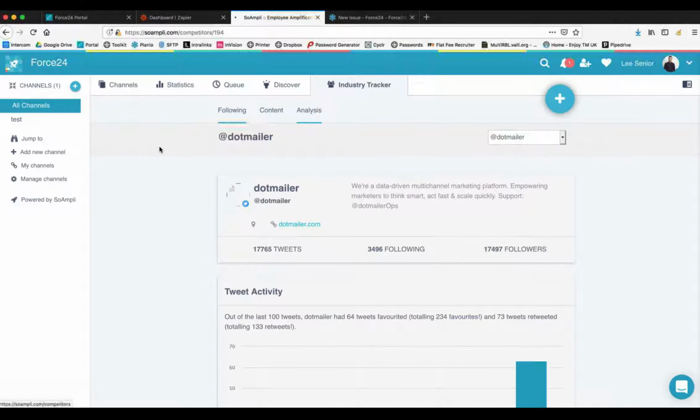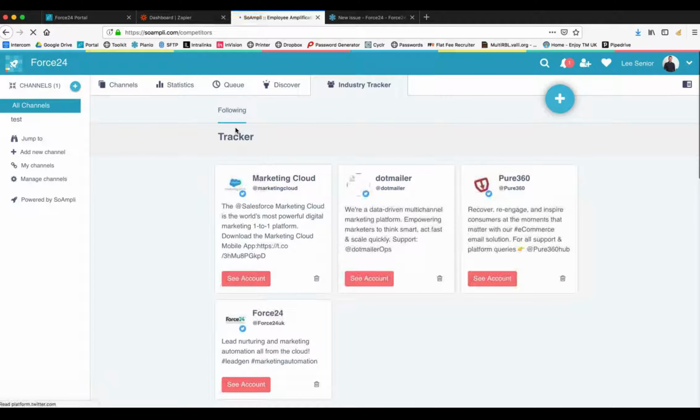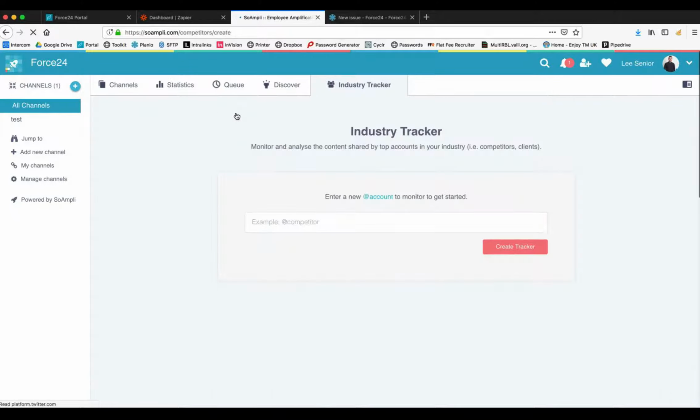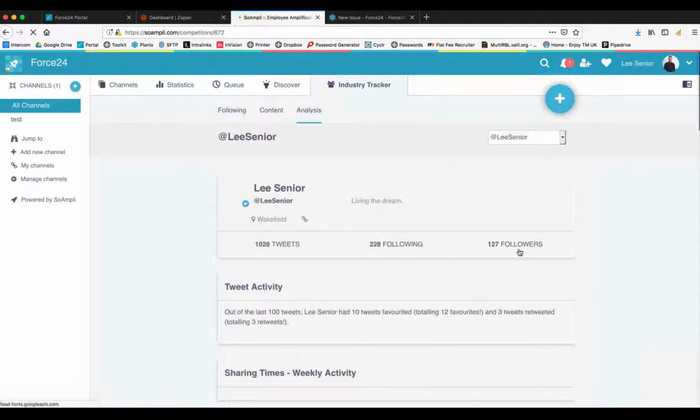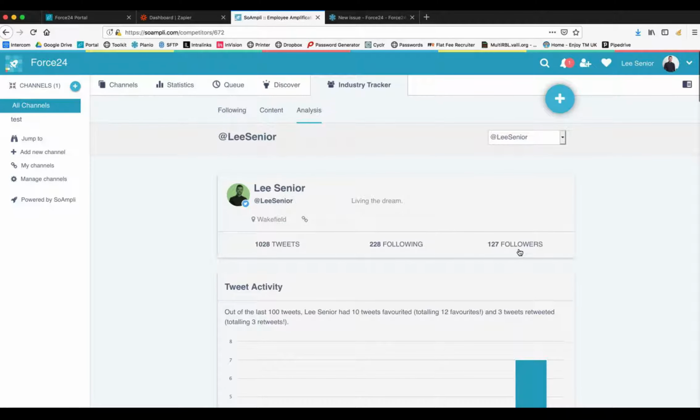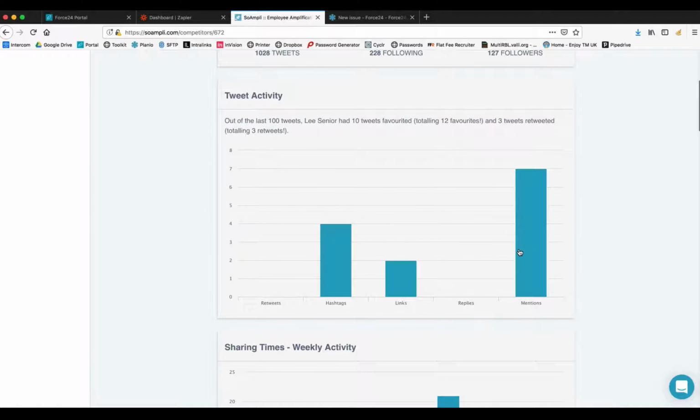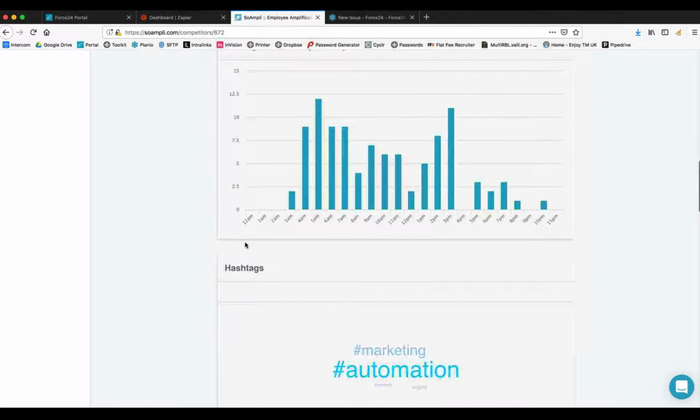No? So like I say, you can see from an industry point of view, but you can also look at what the salespeople are doing for each of these companies as well. If you know who the salesperson is, let's just say I look at myself for now, I can create a tracker against a specific person and see what they're doing as well. So I can see that's myself, where I'm from, what my tweet activity is like, and then also look at the hashtags, so marketing automation,